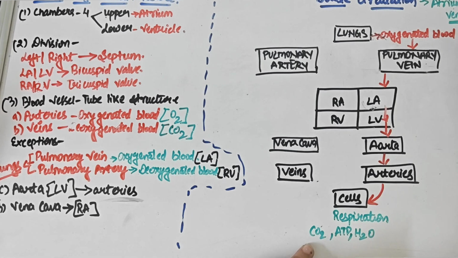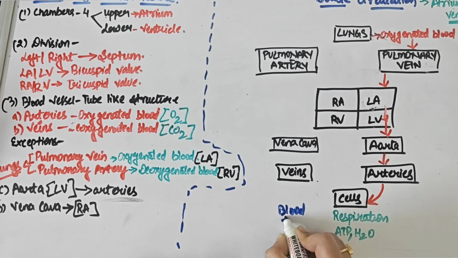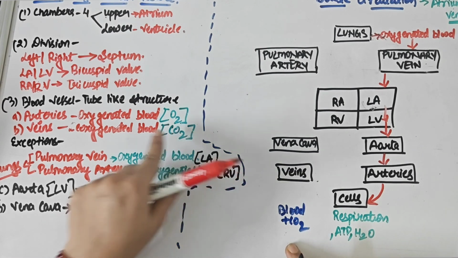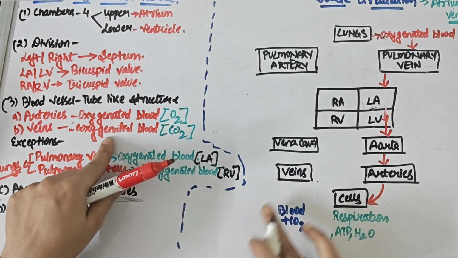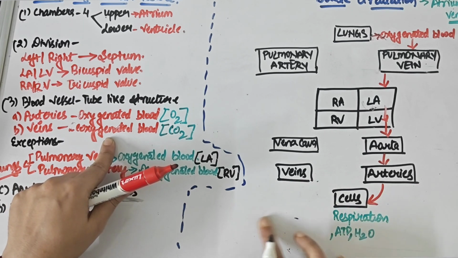And now this blood which was bringing in oxygen has been utilized. The oxygen is all used for this process of respiration. And what is left now? So the material which is left now is your carbon dioxide. So the blood is not going to leave this carbon dioxide just like that. What is your blood going to do now? So now your blood is going to mix with this CO2. So now what type of blood you have? Now you have got a blood which is mixed with CO2. And what do we say such blood as? So the blood which has got more concentration of CO2 now is something we say as a